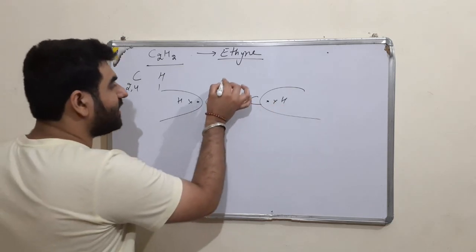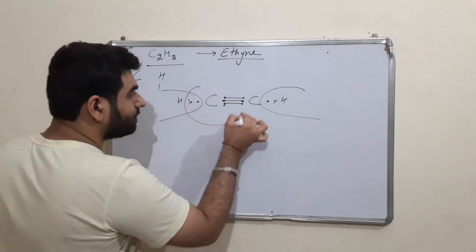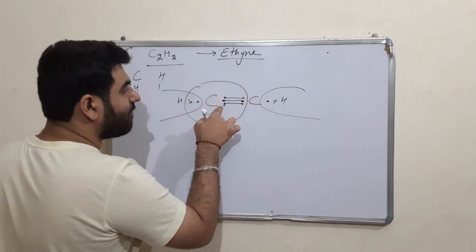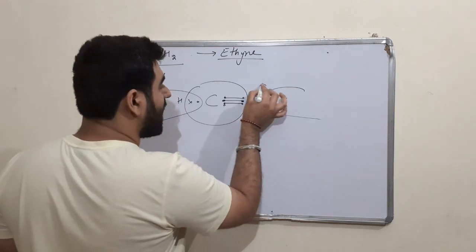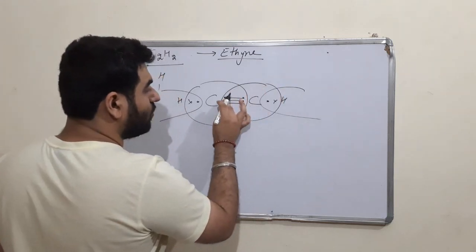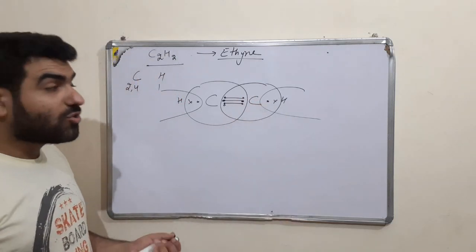Let us talk about whether carbon has completed their octet or not. 1, 2, 3, 4, 5, 6, 7, 8. They have completed their octet. About this carbon, 1, 2, 3, 4, 5, 6, 7, 8. They have completed their octet. So,